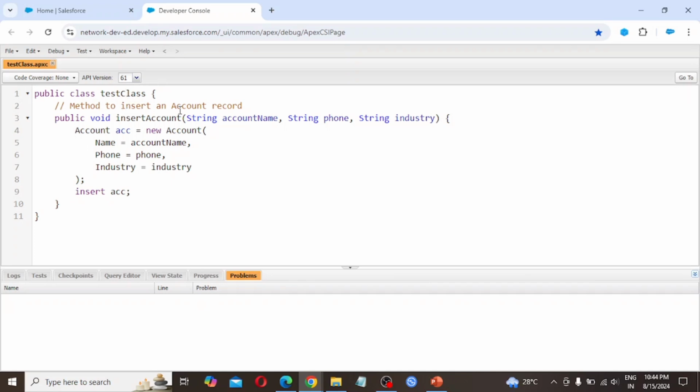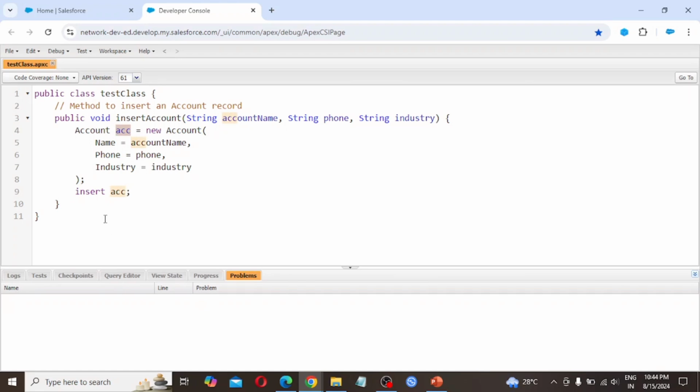Method to insert an account record: public void insertAccount, and in this we are passing String accountName, String phone, String industry. Account acc equals new Account, Name accountName, Phone phone, Industry industry. Then we are inserting acc.